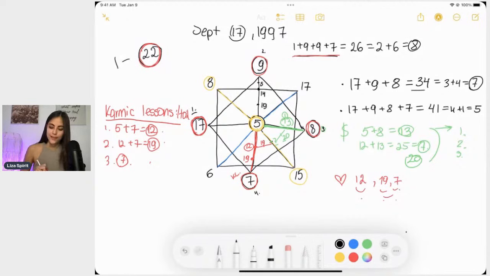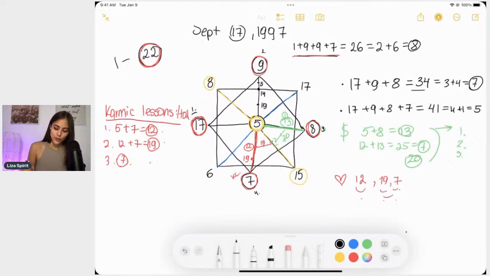Number 8, this one is your main karmic lesson when it comes to money. So if you are doing everything right and you're working hard, but you cannot make money, you're struggling, you're not moving anywhere, or maybe you reached a certain level and you cannot achieve better results, you are stuck. Look at this energy and try to understand, is it on a positive side? We need to make sure that all our energies are positive, or right now it's on a negative side and that's why you are struggling.